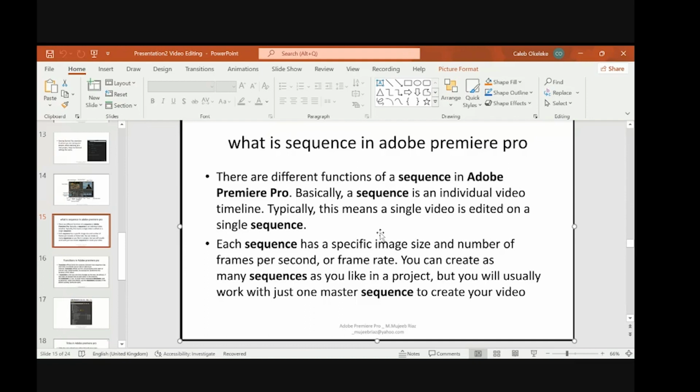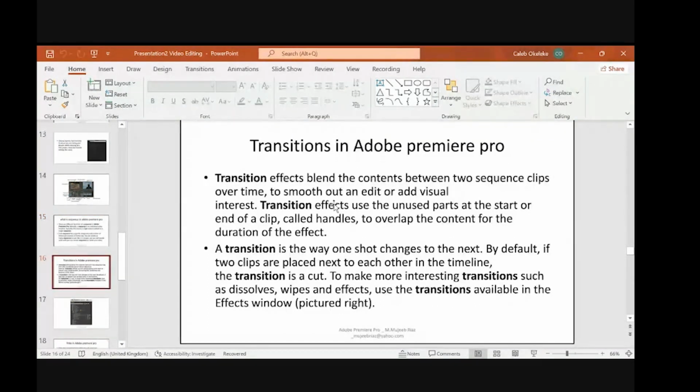So, transitions in Adobe Premiere Pro. Now, we have multiple or several transitions in Premiere Pro. These are not transitions that you have to download. Although you can decide to download them if you want. So now, transition effects blend the content between two sequence clips over time to smooth out an edit or add